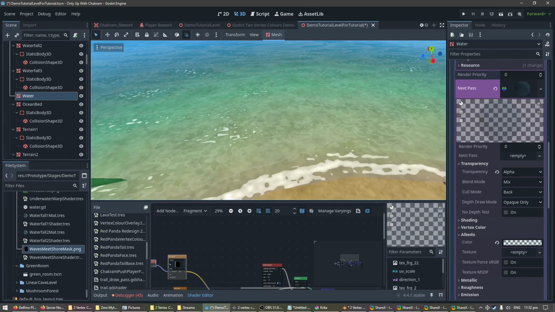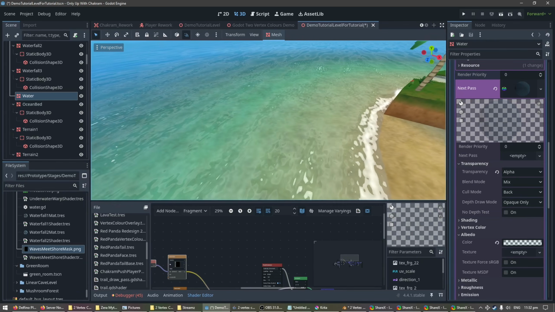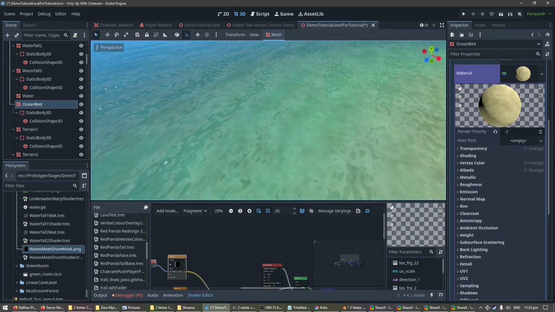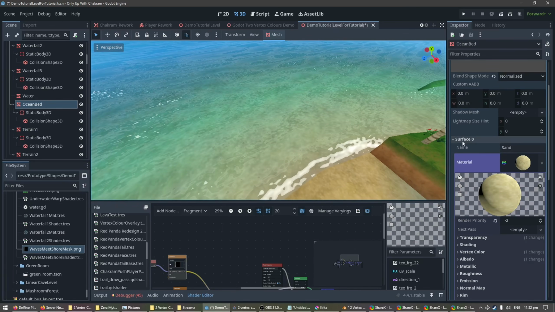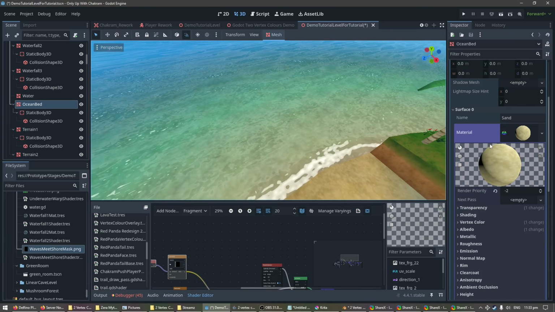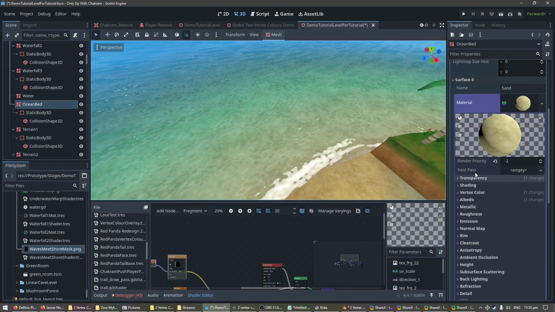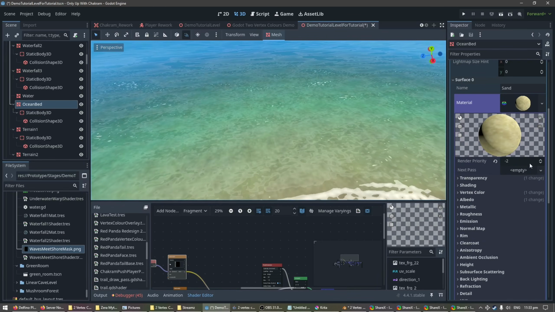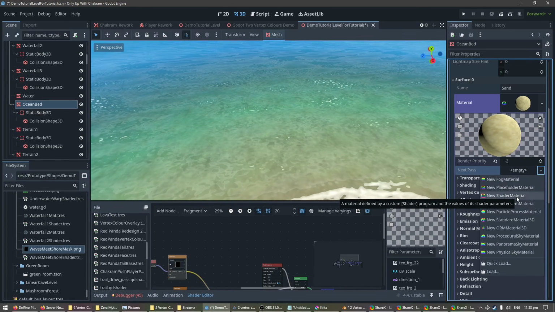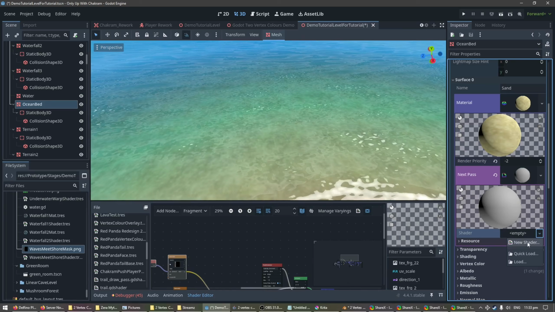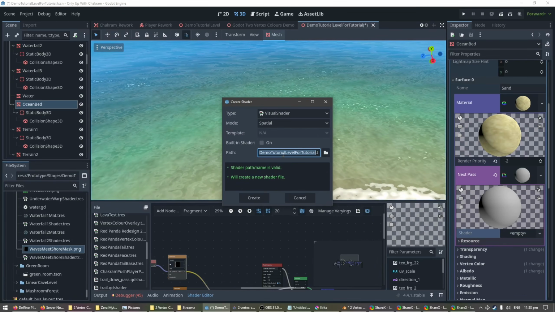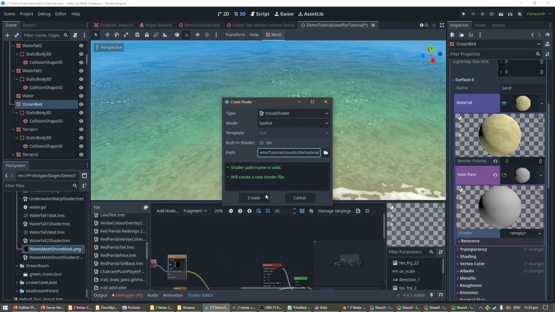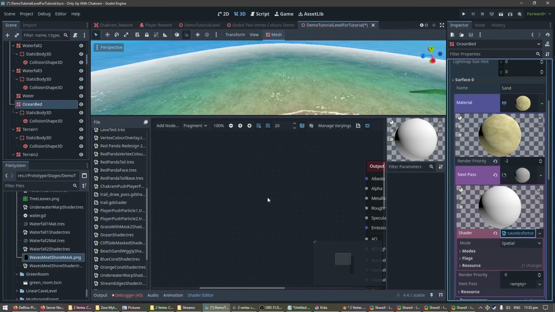Okay, and so to create the effect of the caustics on the ocean floor, we need to select the ocean floor mesh, open up the mesh, go to our surface, so open up the material, and we leave this first material as it is. So we want to have the sand texture, and we go to next pass, and this is where we create our shader. So we go to new shader, and we're going to call this Caustics for tutorial. I don't care about camel case. And then we open up our shader,